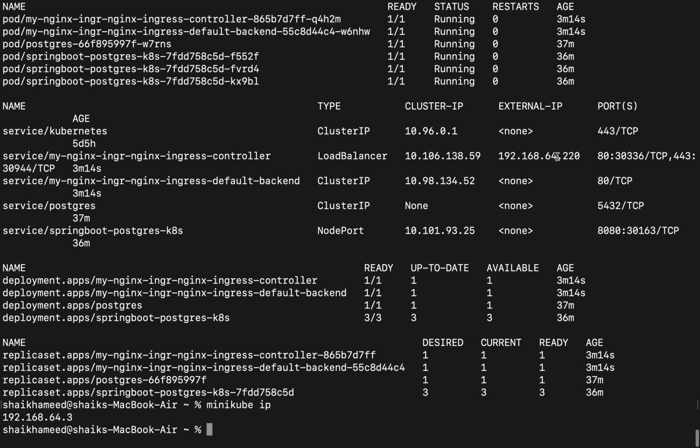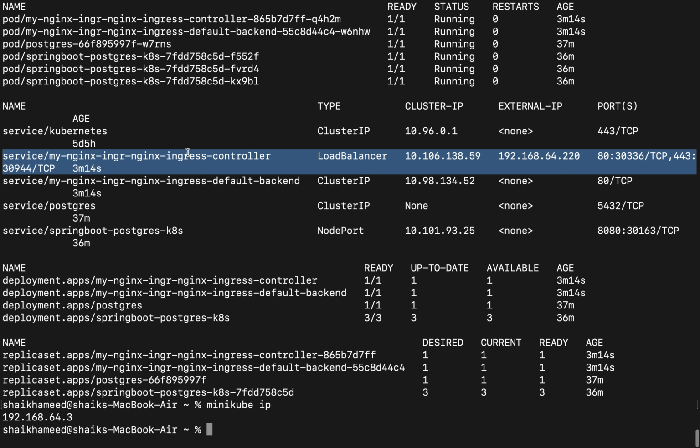If you observe here, this NGINX ingress controller took its external IP address from the start, that is 220. Okay, so we have the external IP.